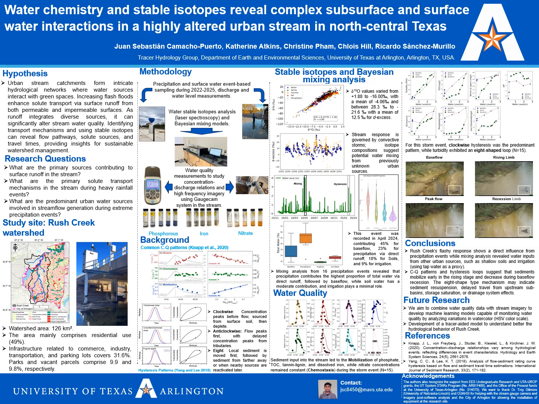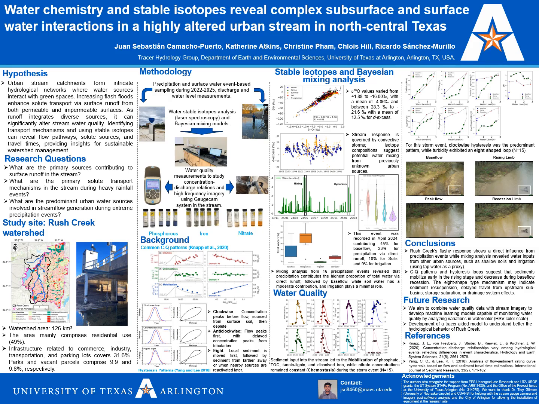Then in terms of hysteresis loops, for this storm, the clockwise hysteresis loop was the predominant pattern. The only one that had a different shape was turbidity, which exhibited an H-shape loop. Here you can see the base flow, the rising limb, the peak flow, and the recession limb. And finally, as conclusions, Rush Creek's flashy response shows a direct influence from precipitation events, while mixing analysis